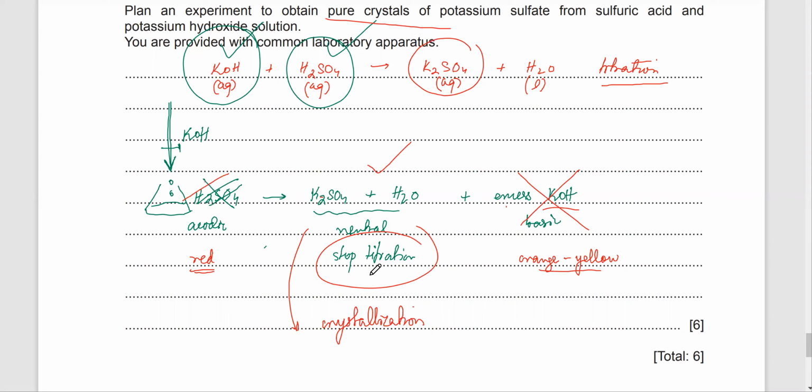And when you do that, you stop the titration and then what is left, what is formed, you crystallize it. You evaporate the solution to saturation point and cool gradually to obtain crystals. And you filter out those crystals and dry them in between filter papers. Okay? Is this clear to everyone?